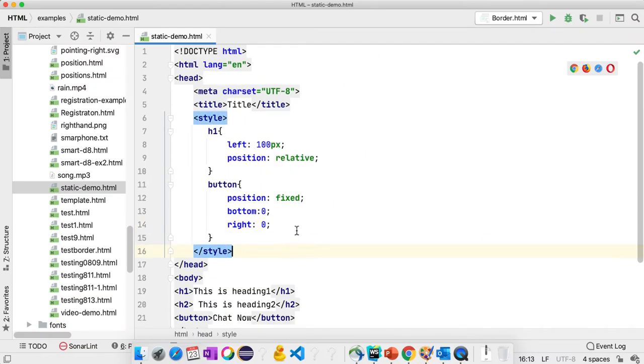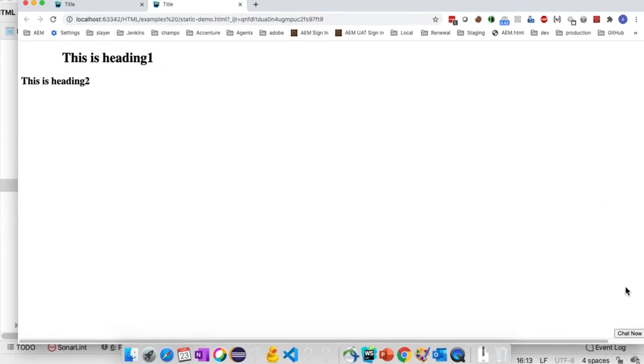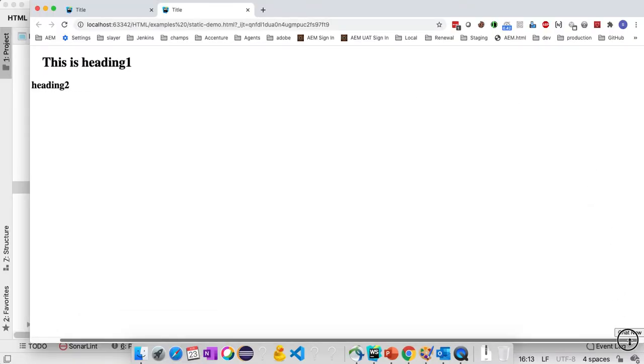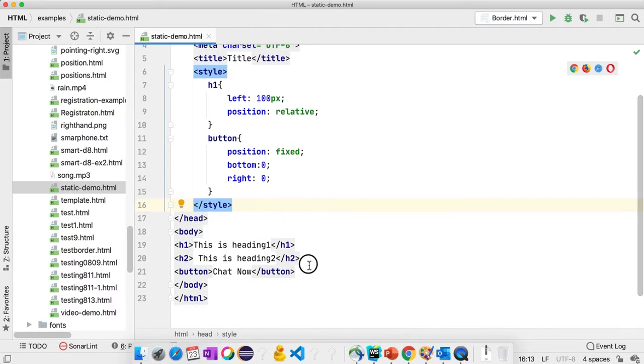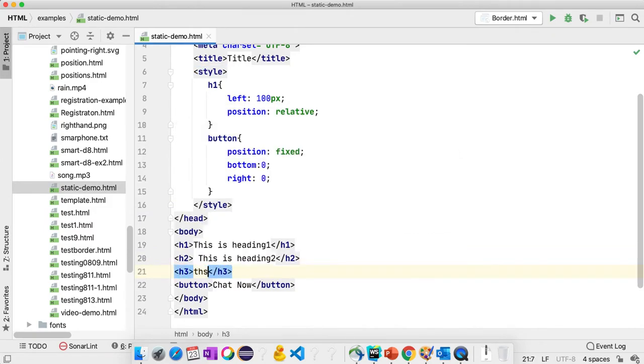Save this, go to our web page, and refresh. Now you can see there is a button placed here. It is Chat Now. This button will always be at the bottom right. Let's try to add some different paragraphs or h3 elements. This is text.